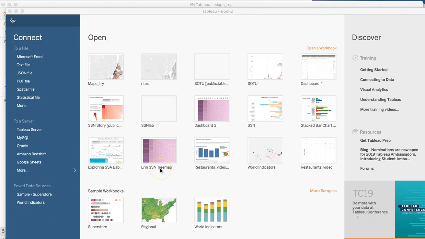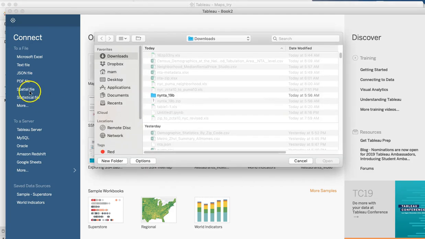All right, so here we are in a brand new instance of Tableau. And let's say that you got some data that actually came down as a spatial file. Maybe you got it from NHGIS, so you got it from the census. But whatever you've gotten, it came down as a spatial file, as a shape file. So you'd click here on spatial file,